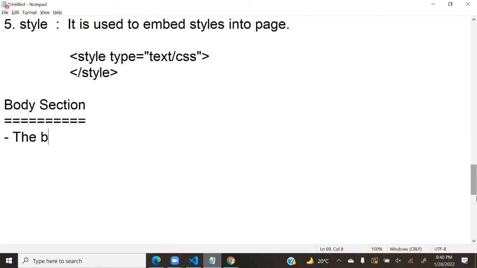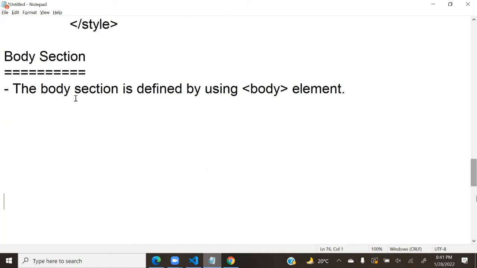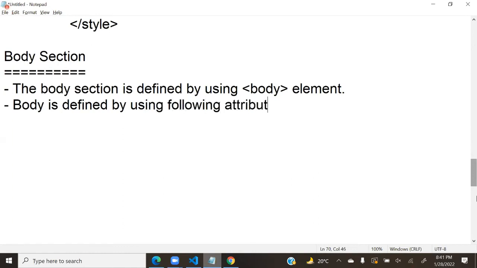The body section is defined by using the body element. And very important, body is defined by using the following attributes. It will have some important attributes. What are the attributes in the body section?